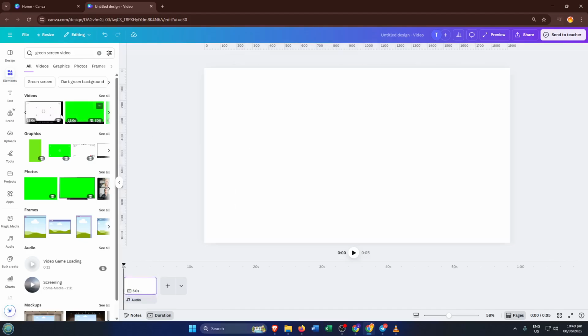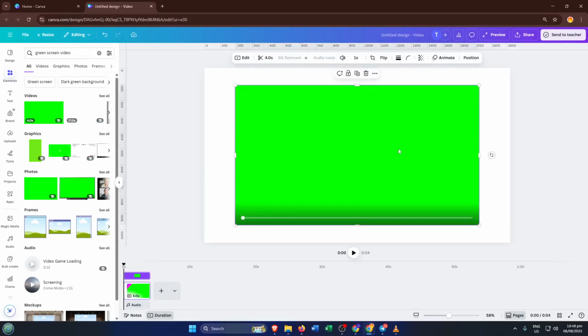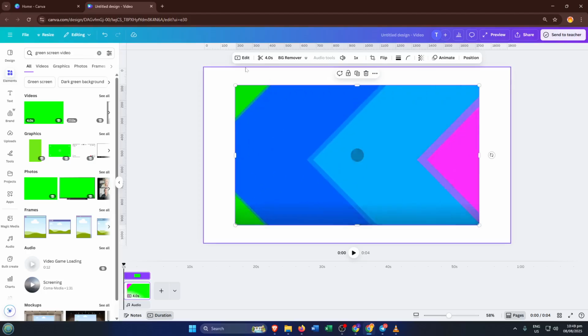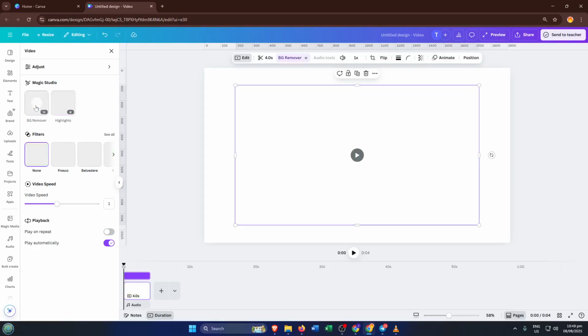Alright, now that your green screen video is on the canvas, click to select it. You'll see some options along the top banner, and here is where the magic happens: find the Edit Video button. Depending on your screen, it may just be called Edit. Click that, and then look for the Background Remover option. This tool automatically detects that bright green in your video and wipes it out, so whatever was behind your subject